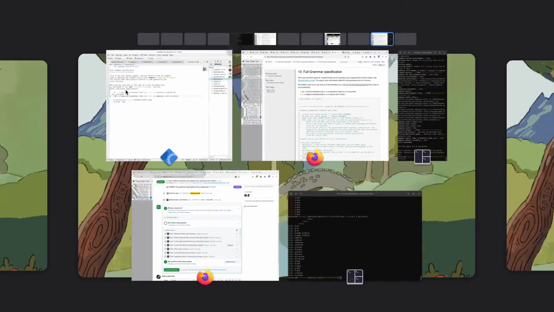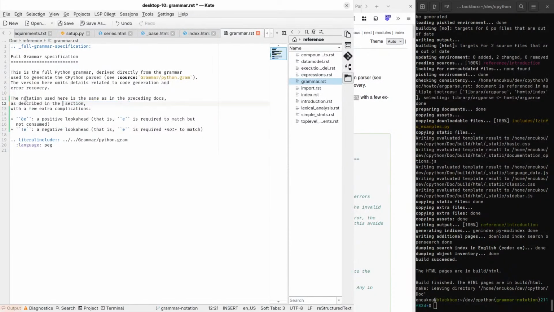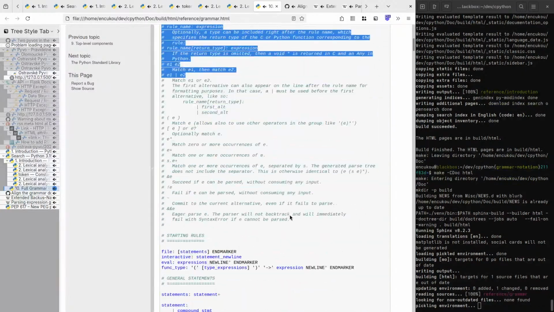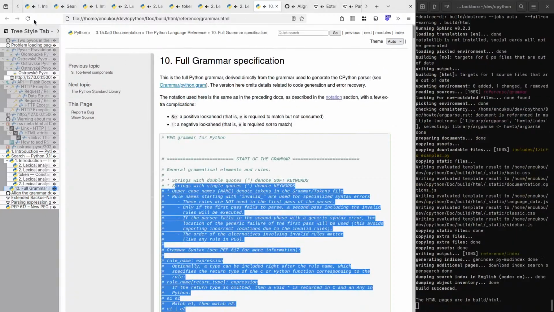I just replace all of this with a link. This kind of prepares us for removing this giant comment from the grammar.